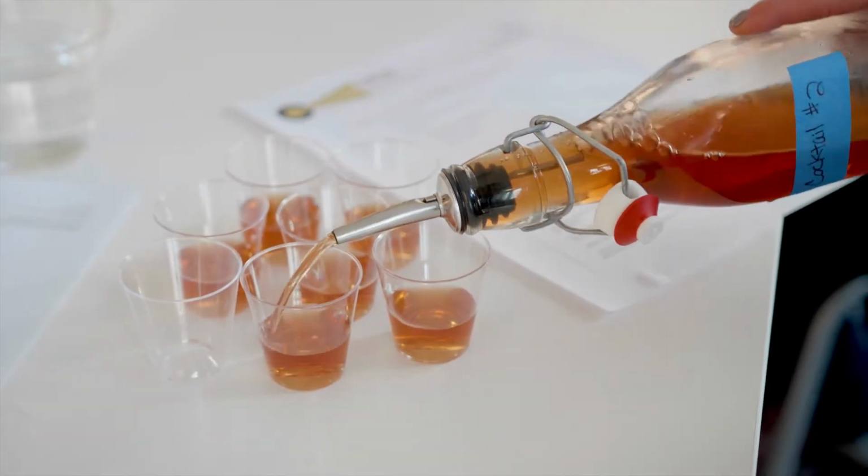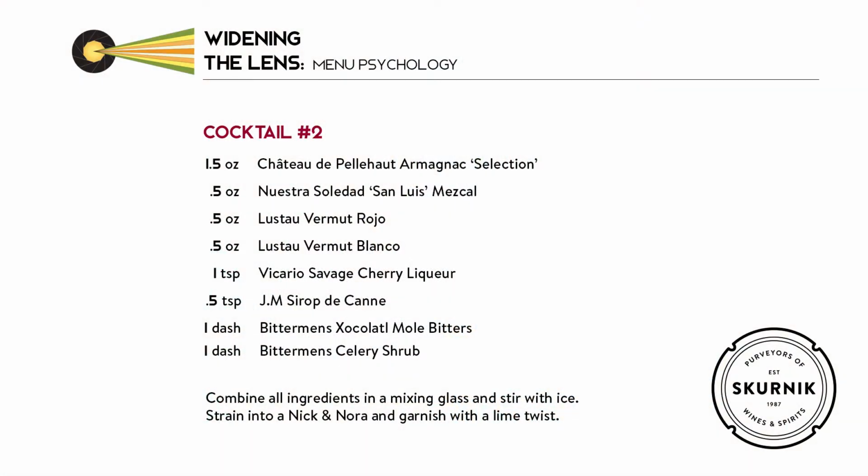Let's take a look at cocktail number 2. So this one has more ingredients than the first one that we tried, by a goodly amount. I have this firm belief that people's primary interest when they go to a bar is not to have a drink. That's secondary. Their primary interest is to not look like an idiot in front of their friends and